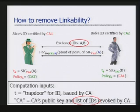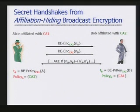So we want to avoid these pseudonyms somehow, and actually the solution is quite simple too. What we do is we replace the encryption with affiliation-hiding, signature-based encryption with affiliation-hiding, signature-based broad